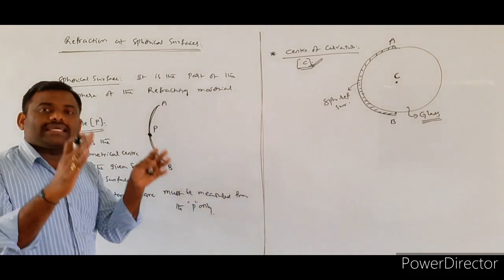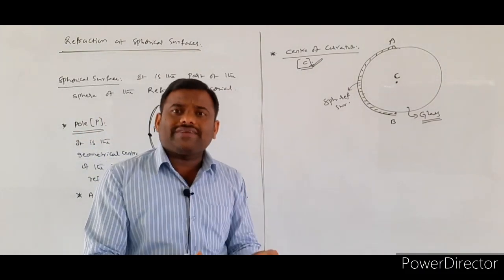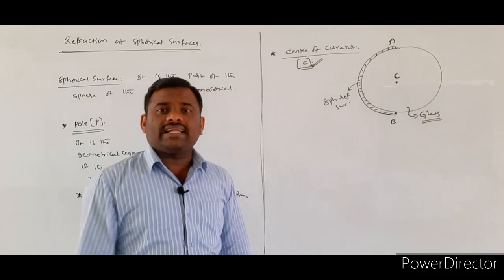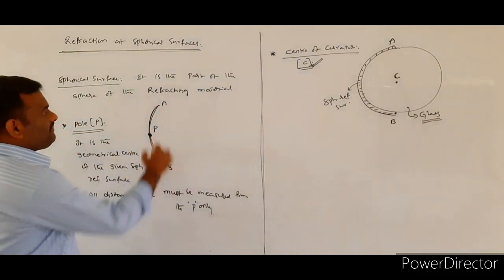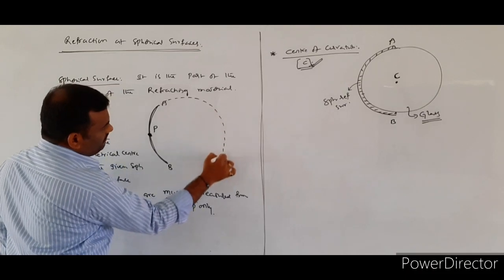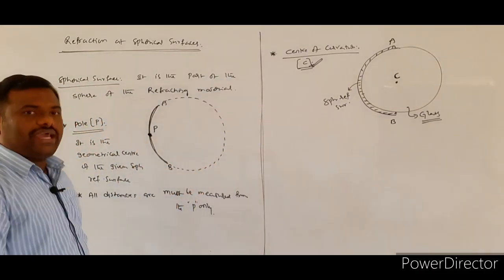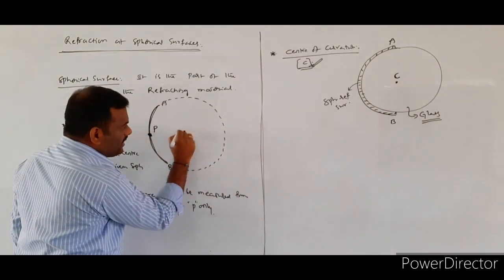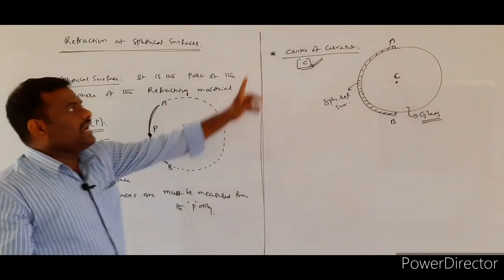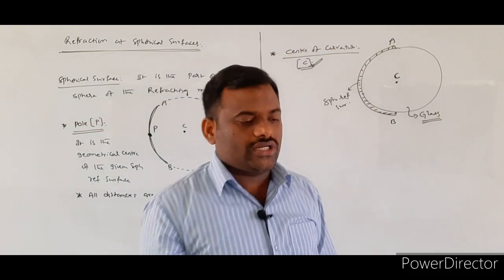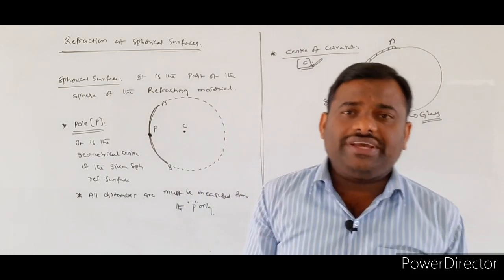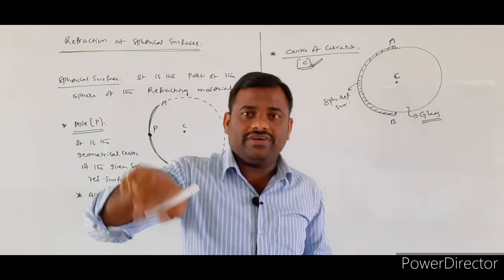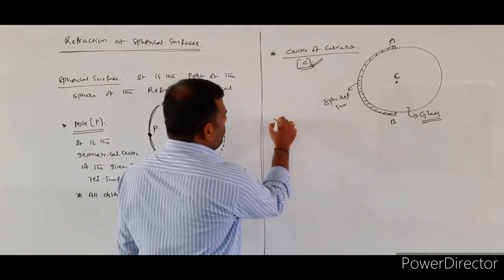Suppose I have only a part of the spherical refracting surface. For the given part, how can we find the location of the center of curvature? For the spherical refracting surface, you have to imagine it in the form of a spherical shape. When you imagine a spherical shape, its geometrical center is nothing but the center of curvature. So for a given spherical refracting surface, its center of curvature exists at the center of the given spherical surface.